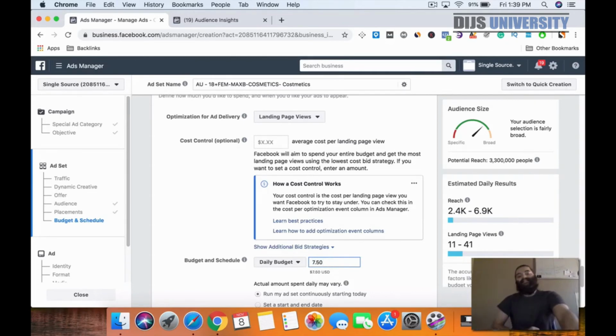So the budget is $7.50. Why? We're doing 3 times the payout for 3 days. So the payout was $2.50 per conversion. So 3 times 2.50 is $7.50. We're going to run this for 3 days. After 3 days, if it is not profitable, we're going to go ahead and kill the ad. If it is profitable, we're going to go ahead and start to scale our campaigns, which you guys can see in some of the other videos on how to do,